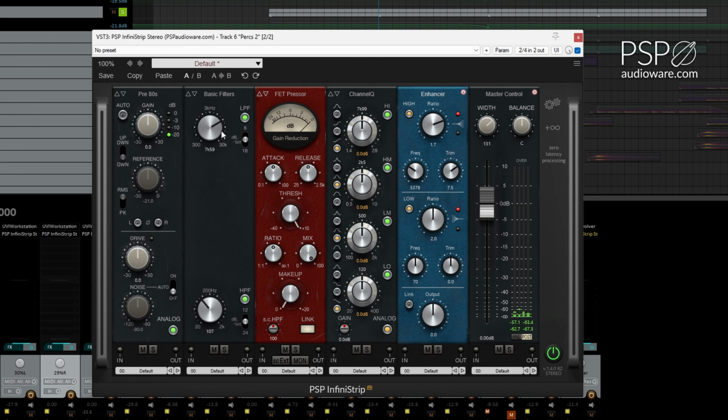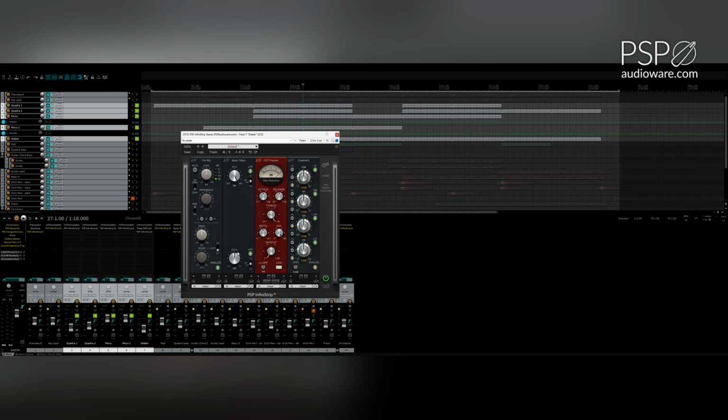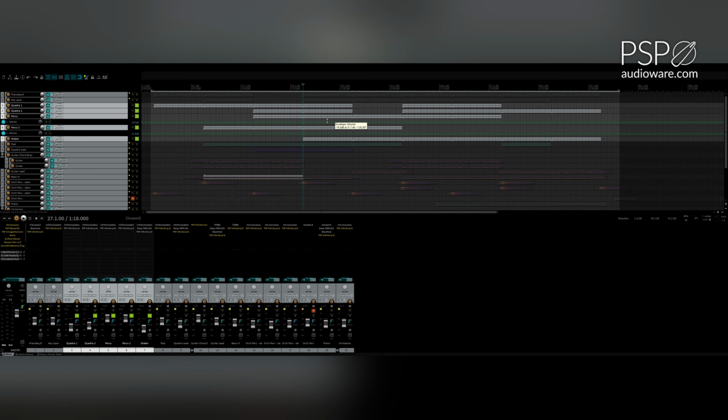And it really brightens that up and just makes it feel more alive and kind of in the room. And it's interesting that you can filter things off the top end, but then bring it back with enhancer, and it adds just a different color to the top end, I think in a very pleasing way, especially when you're enhancing stereo information. On the shaker, I'm not really doing anything other than removing some low end,